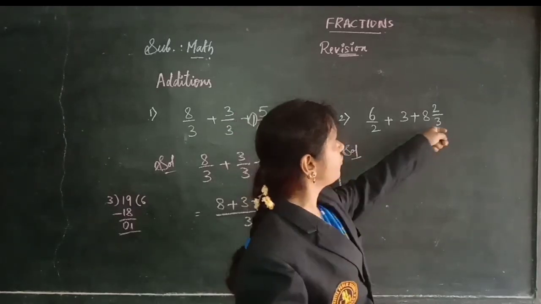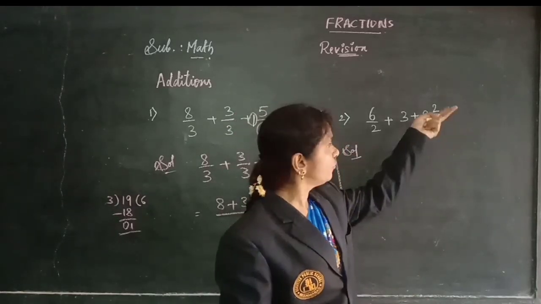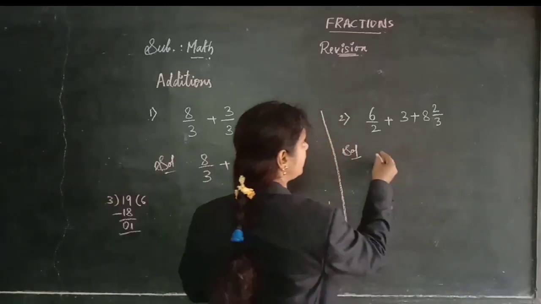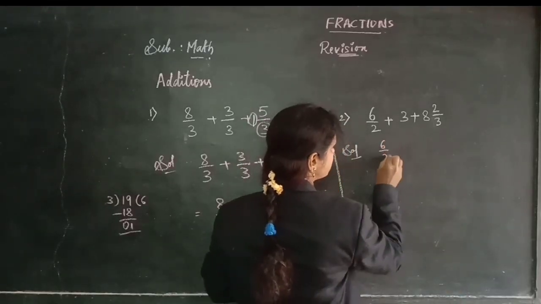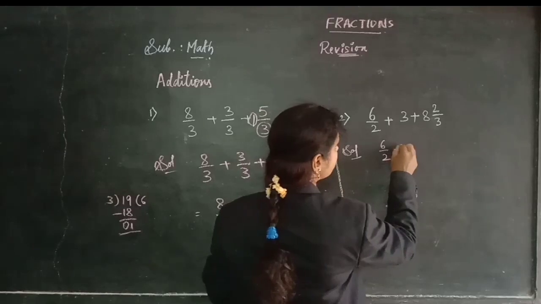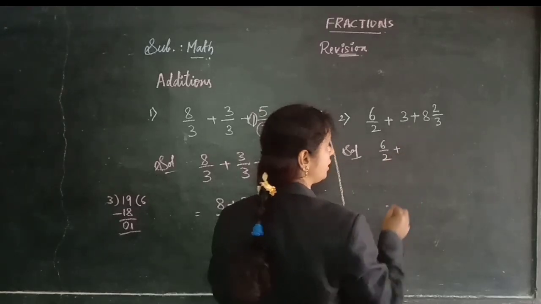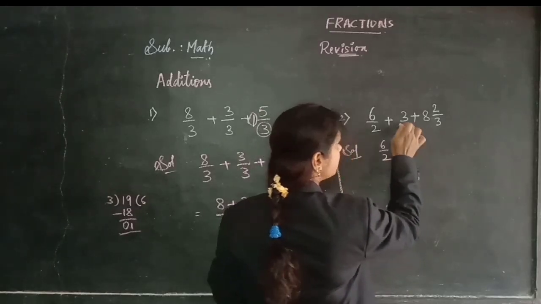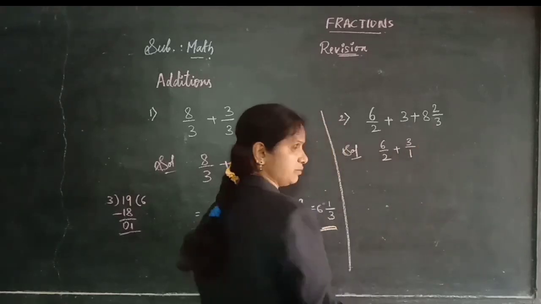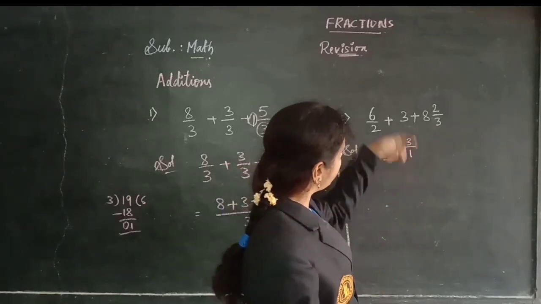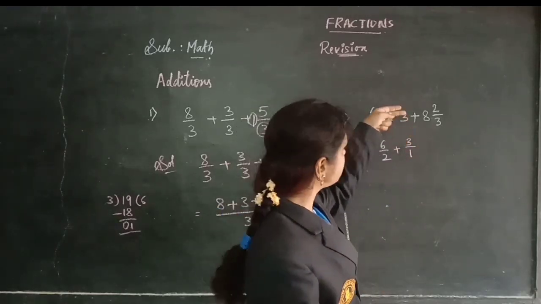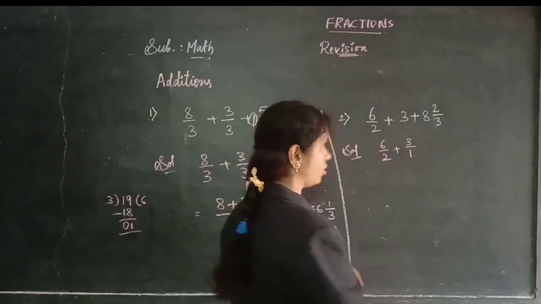Here also one of the fractions is given as mixed, children. First we convert that. Okay. Remaining as it is we can take. First fraction 6 by 2, children, and second fraction only the number 3 is given, children. So nothing is there in the denominator means we can take it as 1. Means 3 by 1, again it will be 3 only. So instead of 3 we can take 3 by 1 also.